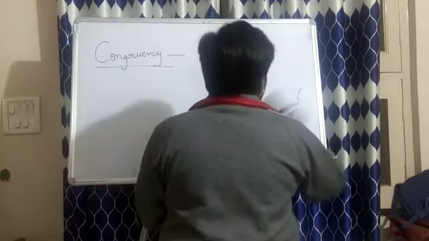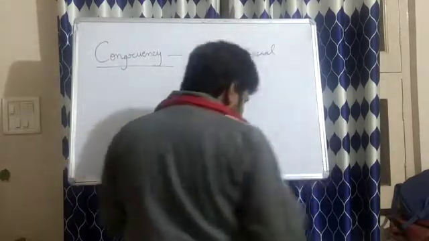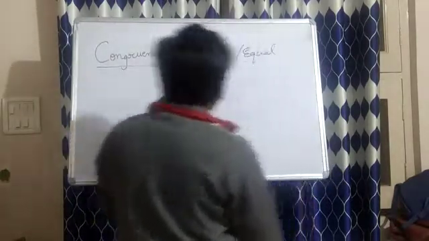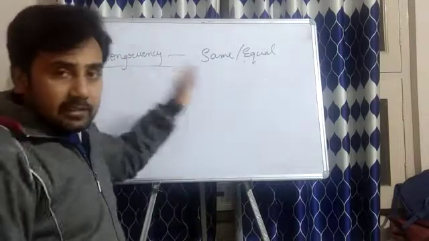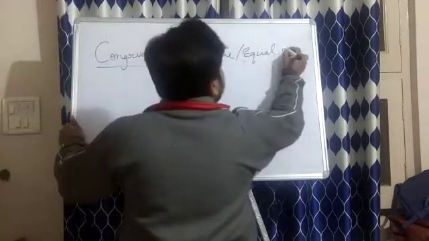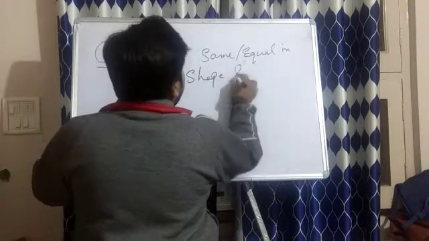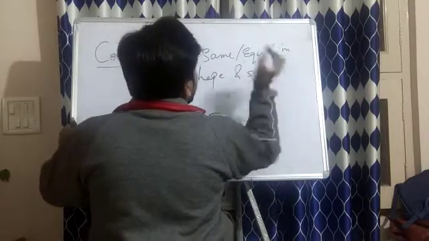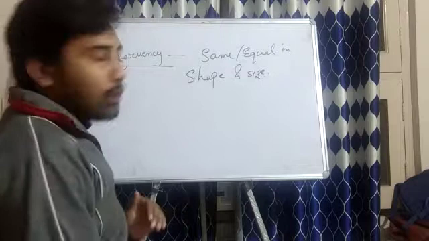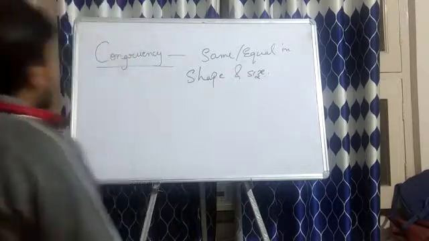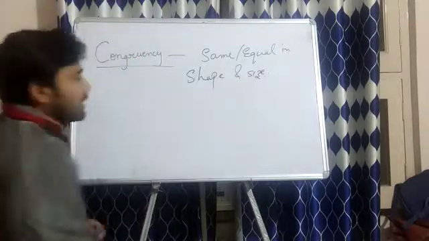Okay. Now, when two geometrical figures are said to be congruent, then they are same or equal in terms of shape as well as size. Okay, this is what we mean by congruency. Suppose for illustration I would tell you,